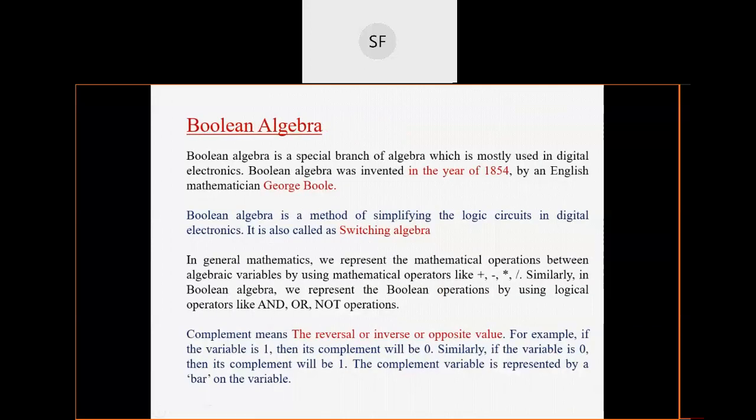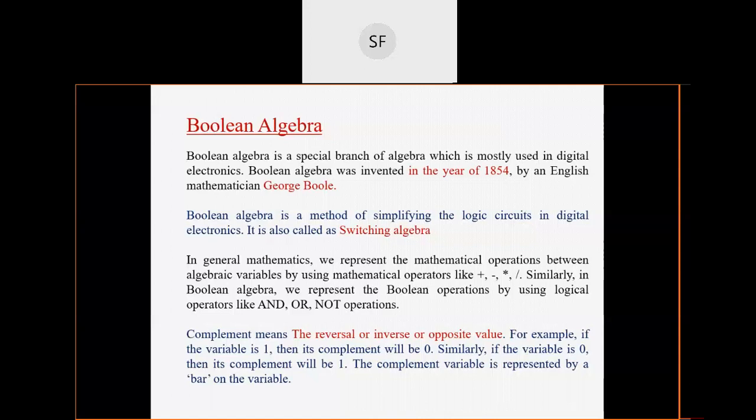Now we shall proceed with today's discussion. In this discussion, we will get familiarized with Boolean algebra and how to approach a Boolean expression if given, right? This basic knowledge is important in order to go for the simplification of Boolean expressions. These are nothing but the basic knowledge regarding Boolean algebra.